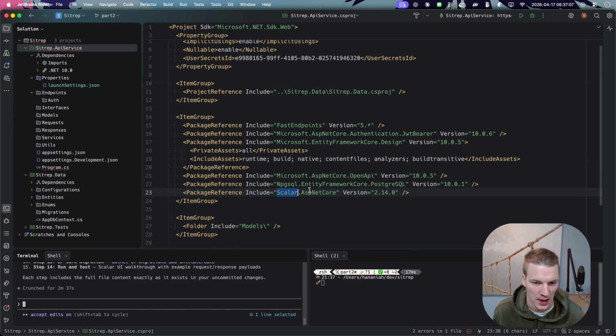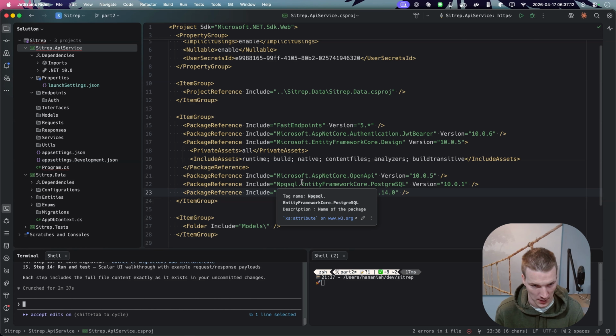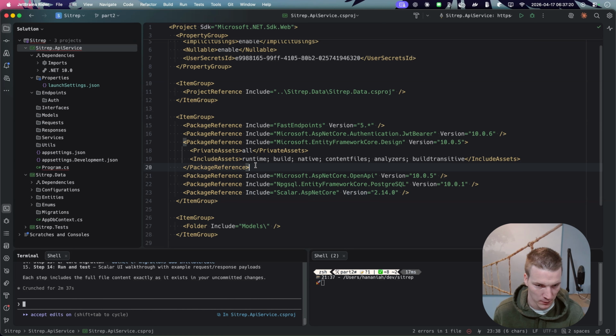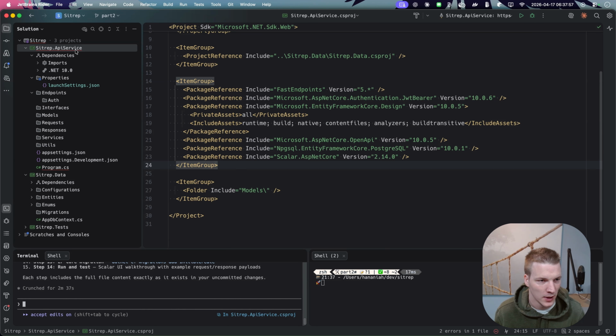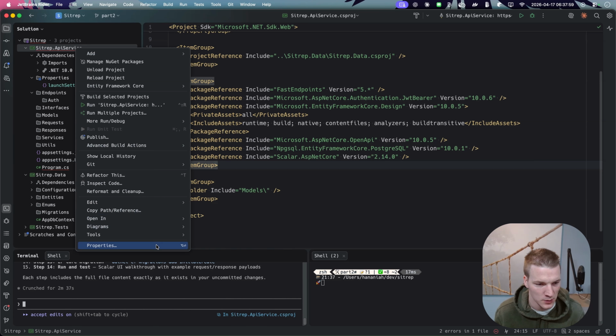And so I added Scalar as an alternative to Swagger so that when we run our API, we can navigate to the browser and see all of the endpoints that are available, which can be helpful. So now let's go ahead and look at the user secrets